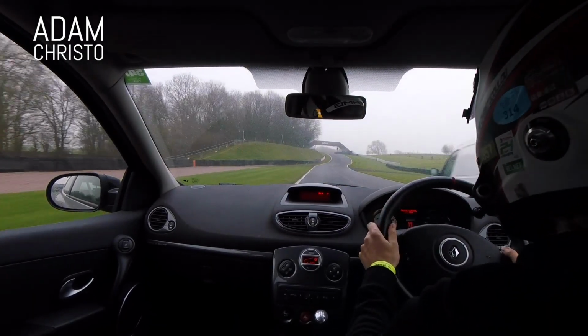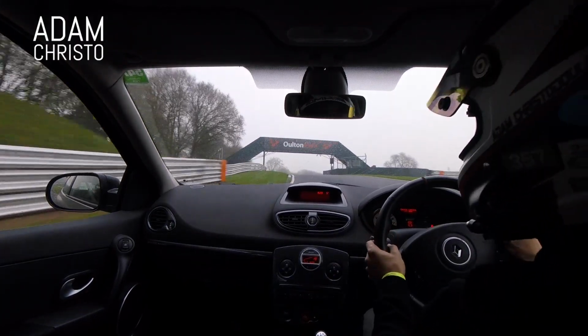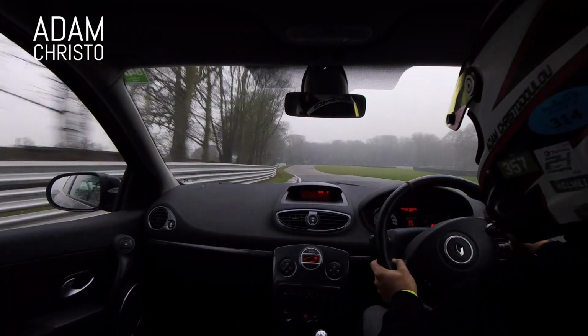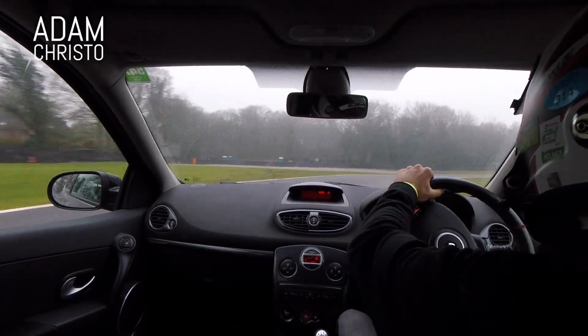See if it can get the run. There we go, nicely done, thank you very much. So a little quick pulling over, but that will do. Got a little bit of a gap now, so we can give it some through the next section. So as you can see, the track is pretty greasy,